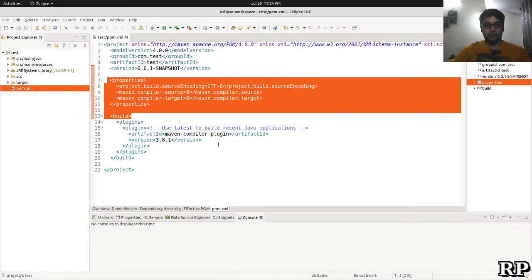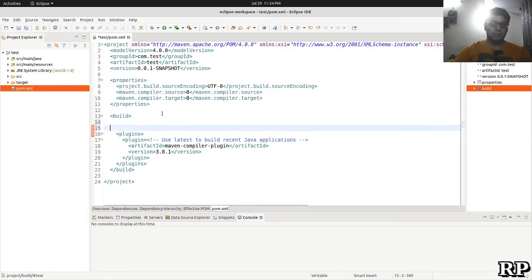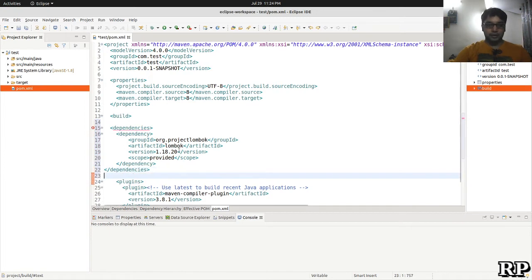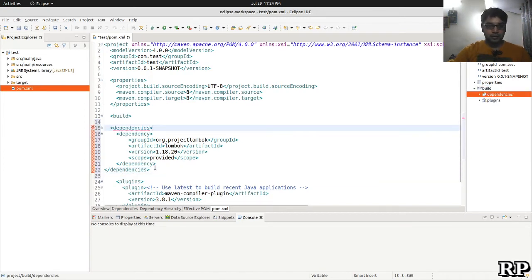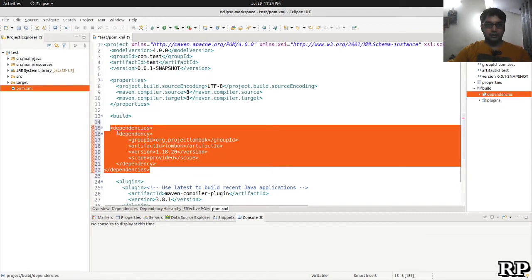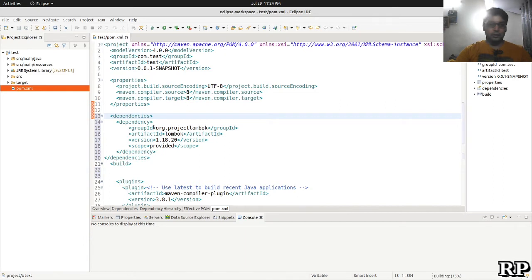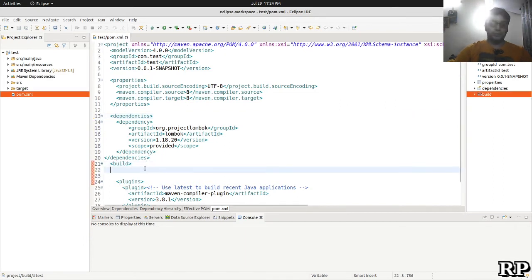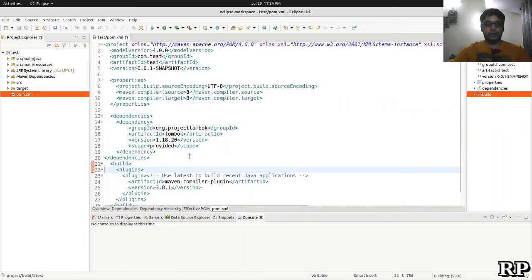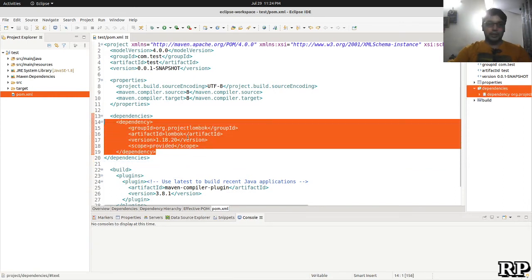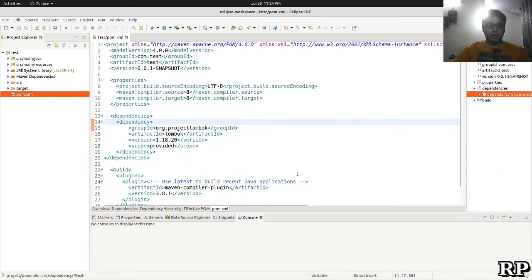Copy it and put it in the dependencies. Yes, it already has a dependencies tag, so it is going to work. If it is not there, then you will have to add it, and then this dependency tag will go inside the dependencies tag. So our project is set.